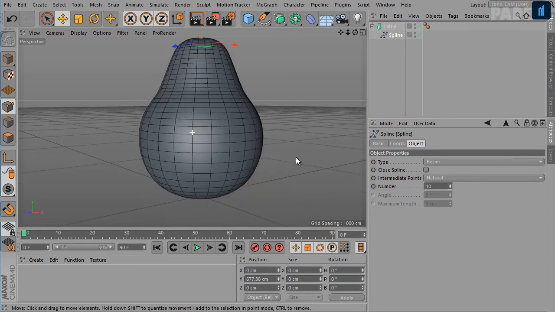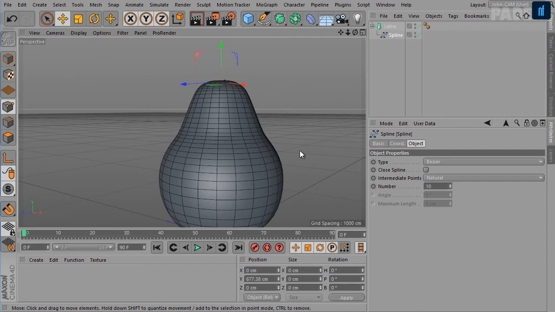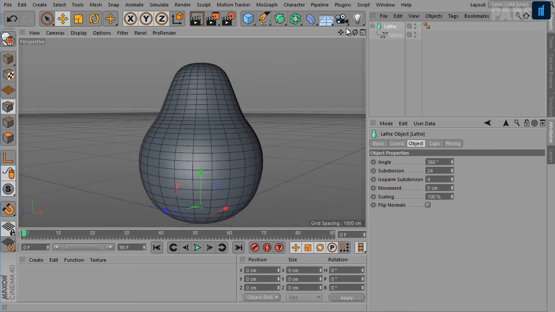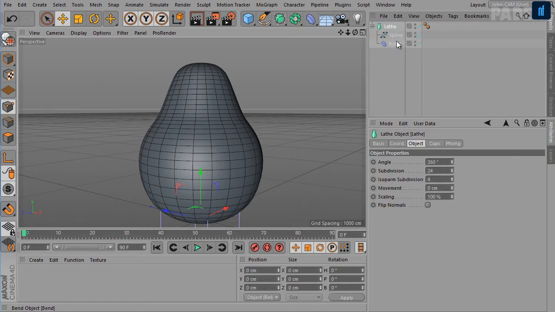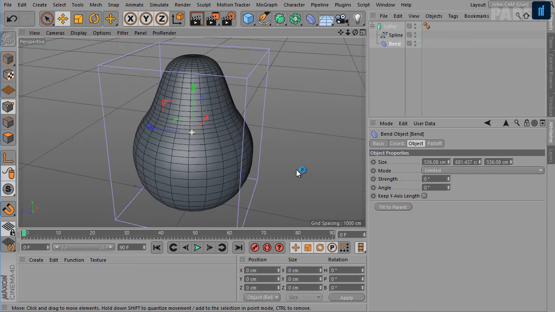Okay, now we'll add a bend deformer to this shape here to bend it a little bit. So add a bend deformer and make sure it's below the spline in the hierarchy: lathe, and then 2 children here, spline and bend, and the order should be like this. Now select bend, click fit to parent.